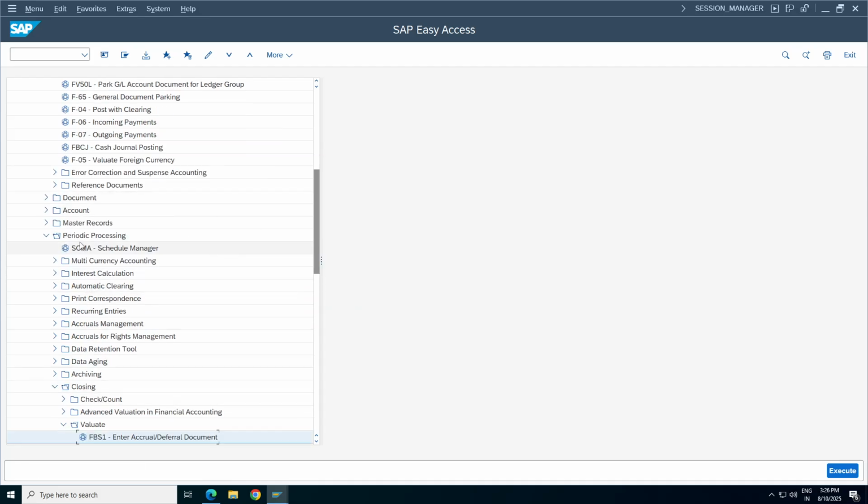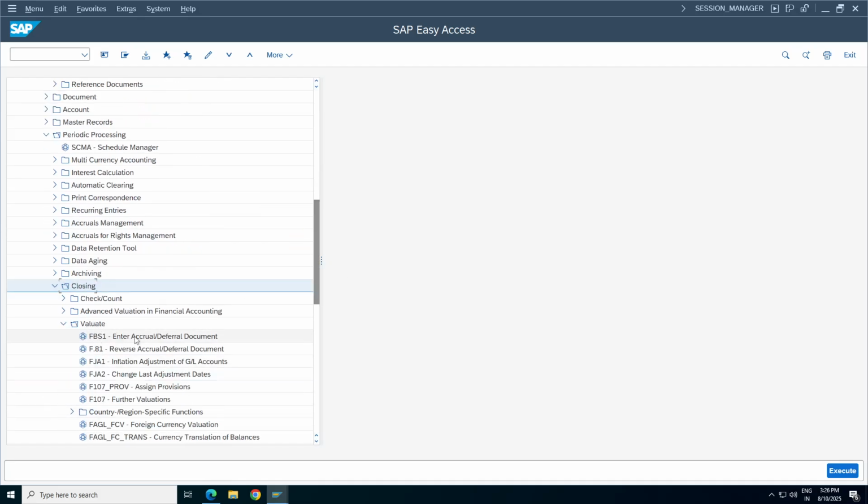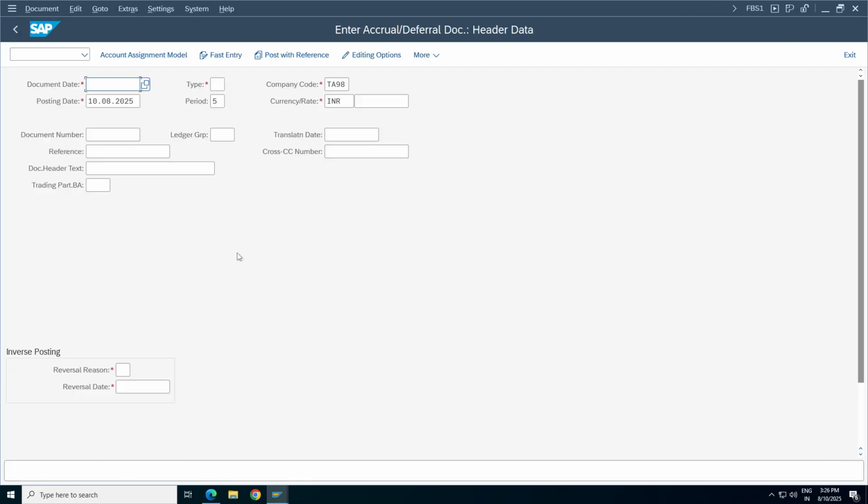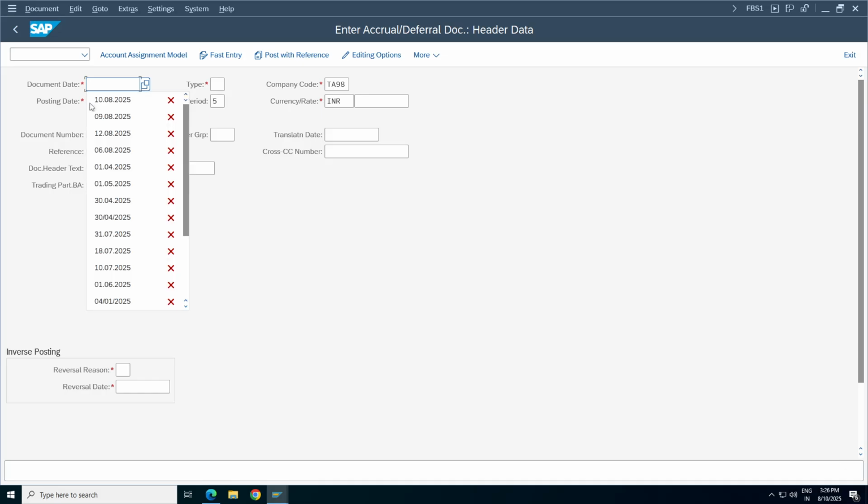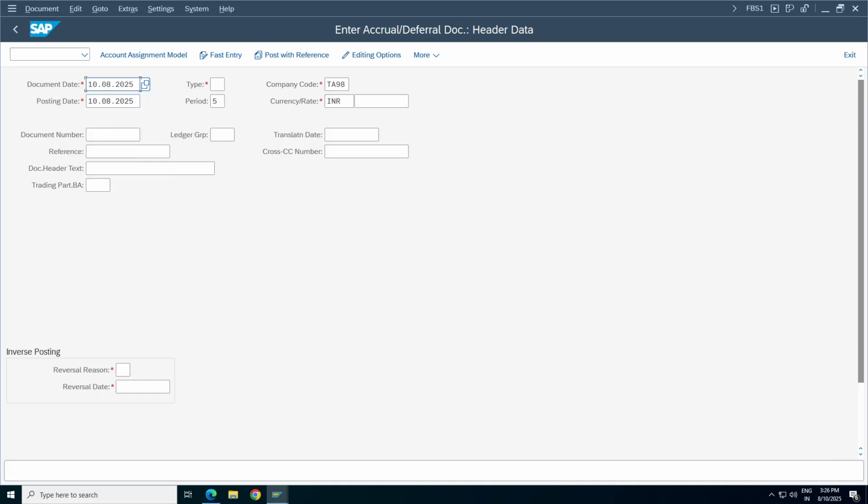Under periodic processing, closing, you have the option to enter an accrual or deferral document. That is FBS1. I am posting one accrual document. You can just enter your relevant details here.